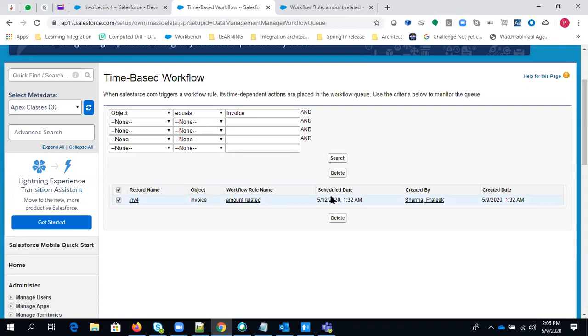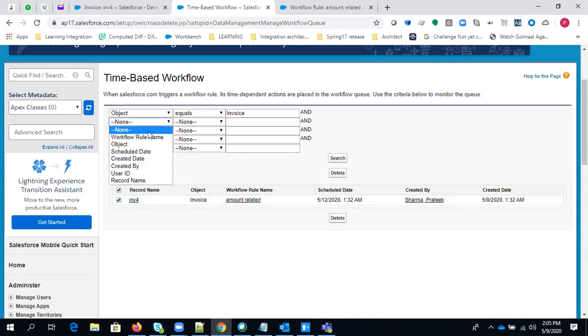Okay, guys. So if you want to delete all the future actions, if you are changing anything in workflow, and if you want to delete all the future actions to be performed, then you have to come here in the monitor section. In time-based workflow, you have to search the object or workflow.